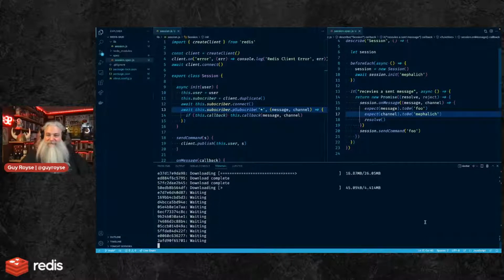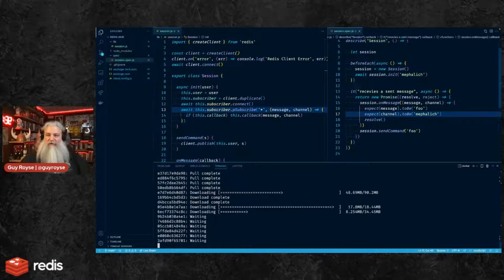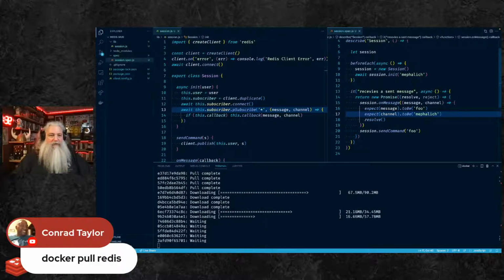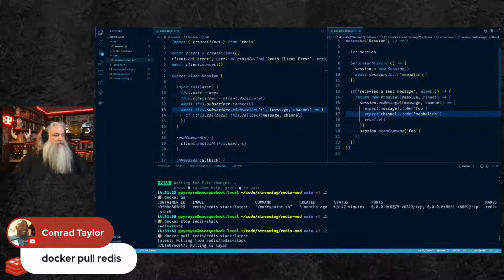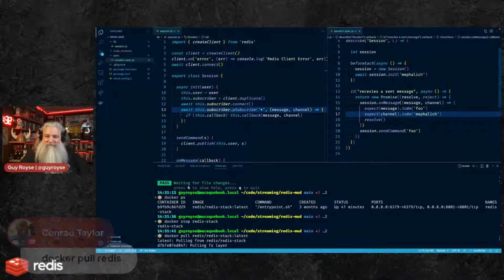You're in the right territory, Conrad. But I'm using Redis Stack, so it's docker pull redis/redis-stack:latest.